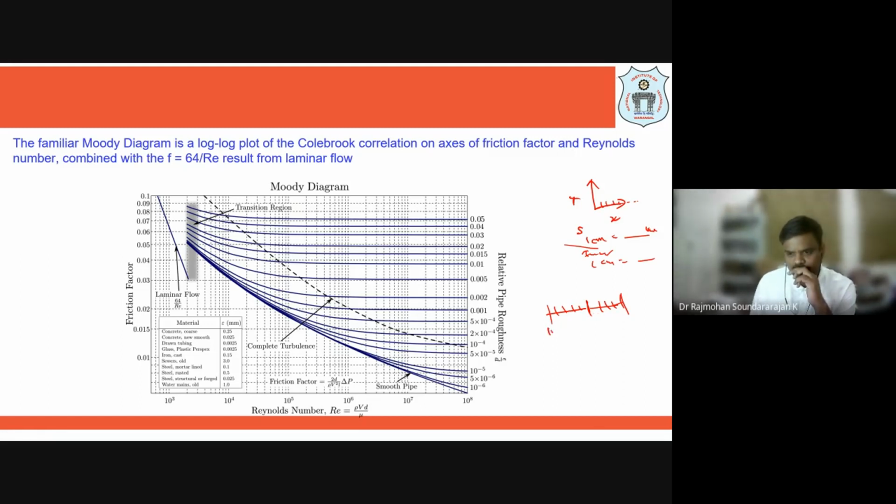For example, from 10 to 100, each subdivision refers to 20, 30, 40, 50 up to 100. After 100, it is not 110. It goes from 100 to 1000, which means each subdivision changes with multiples of 100: 100, 200, 300, 400, 500 up to 1000. The next one is 1000 to 10,000, where each subdivision changes by thousands: 1000, 2000, 5000, 8000, 10,000 like that. So that's the difference between normal graphs and these log graphs.